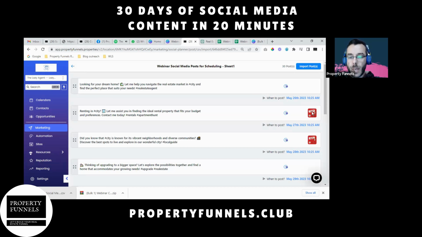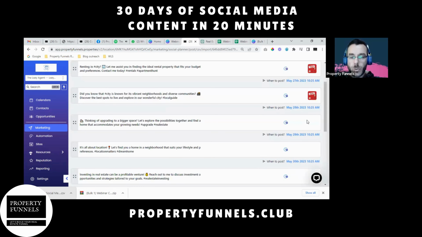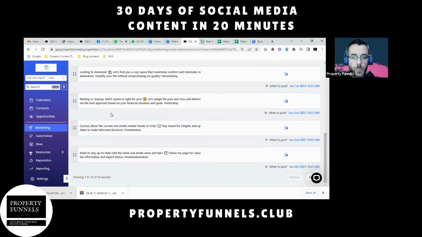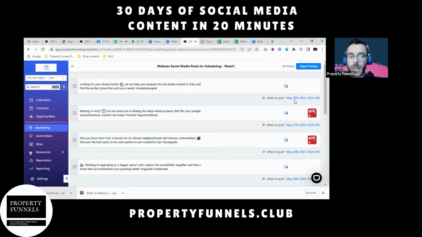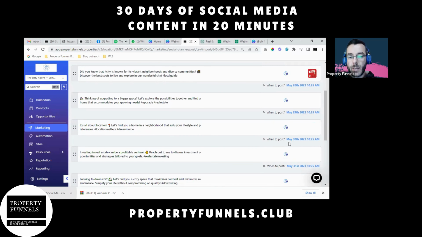So there's the two that I added. These other two don't have any imagery. But you can see it's all ready and waiting. There's about 30 results here, as you can see at the bottom. And there's the date and time that I'm going to schedule them out. So I changed the date from the 25th to the 26th. And then you can see the 26th of May, 27th of May, 28th of May, 9th, and then all the